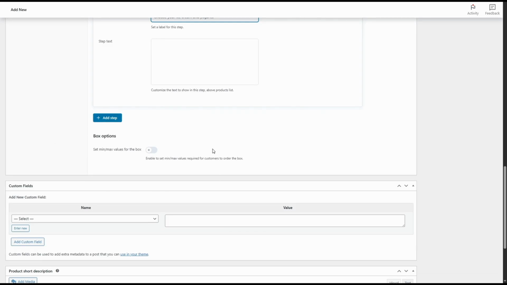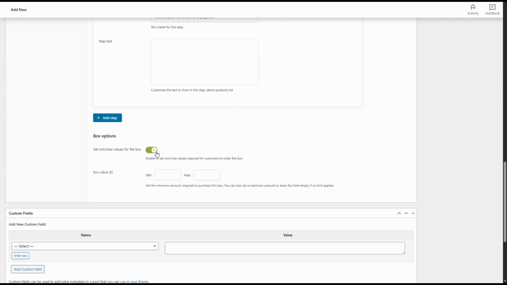And here's the last option to configure. If you want to, you can set minimum and maximum values for the box in order for customers to be able to get the box. So I configure the pricing to add up the individual prices of the item selected. And I want to make sure the minimum value of the box is 15 and the maximum value is 30. That way, customers won't be able to order it if the total value of the item selected is less or more than this. Once you're all done, you just have to publish the product and customers will be able to